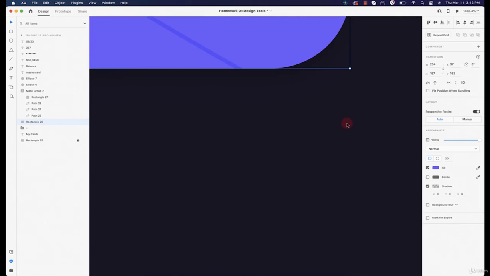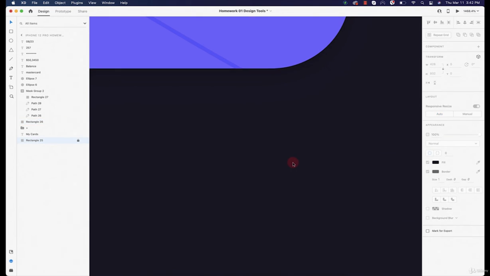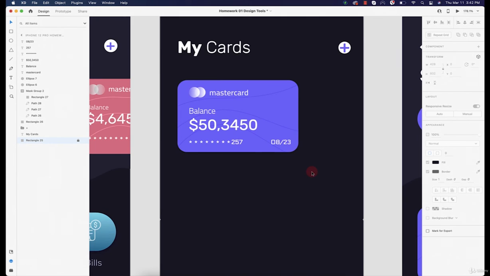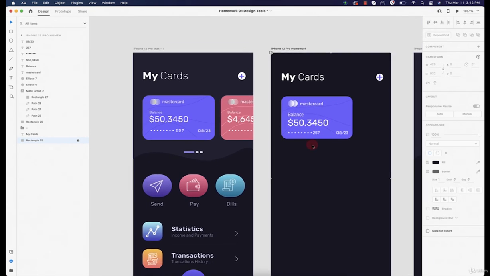Let's make it closer to see the shadow. As you can see, this is the shadow, and we are going to play with it. I'll just move it like this. Yeah, let's keep it like this actually, and I'm going to make it a bit darker. Like this is good. The next thing I'm going to do is to go to the layer panel, and I'm